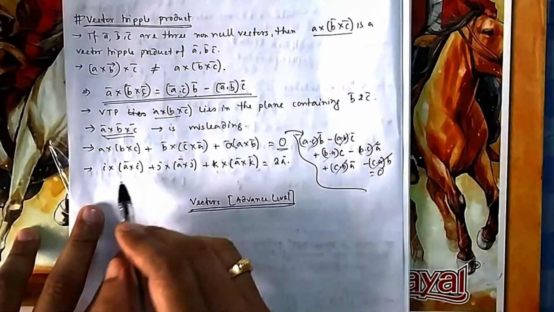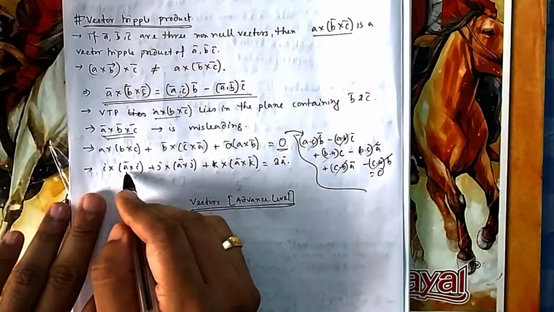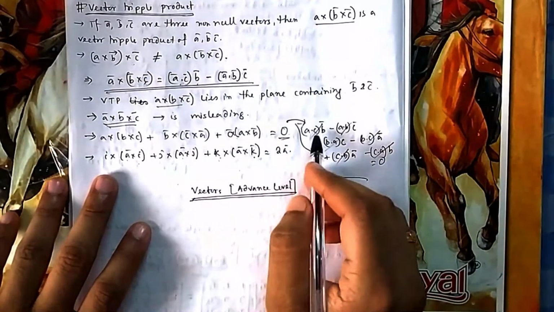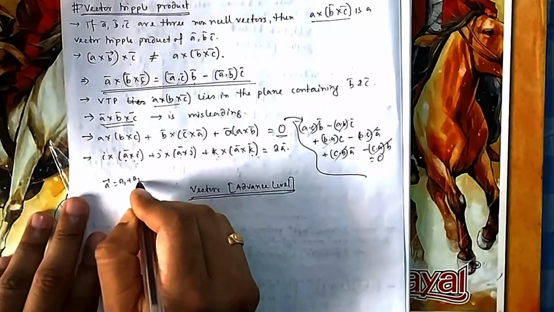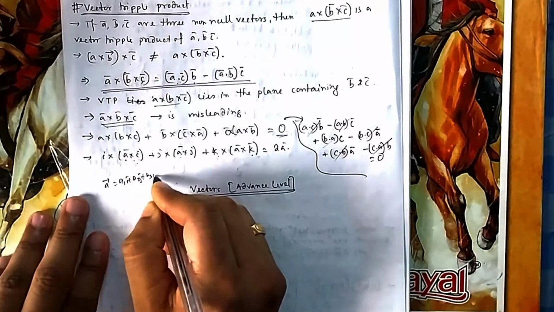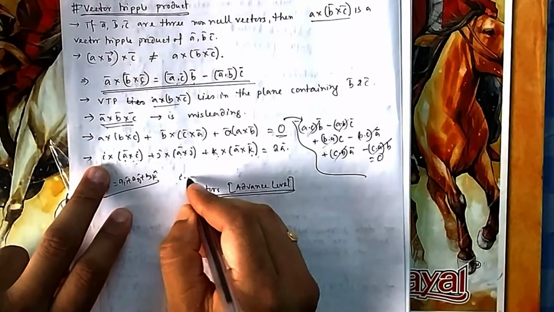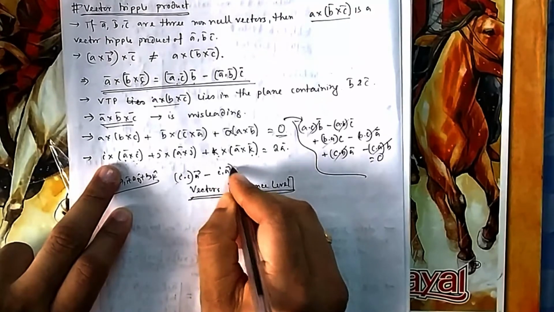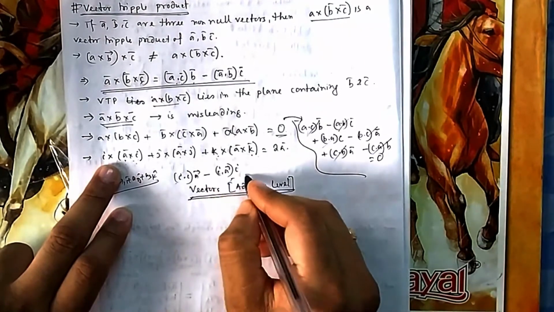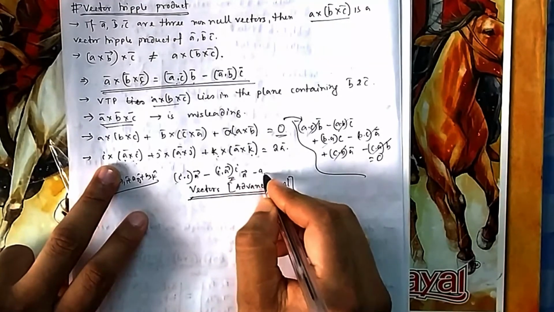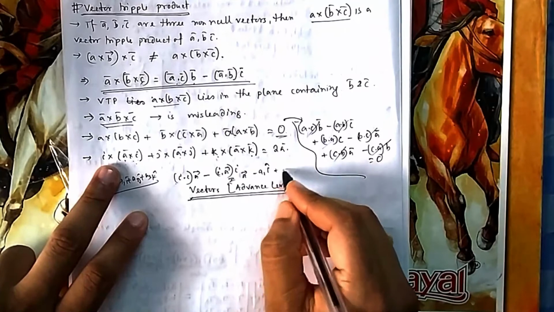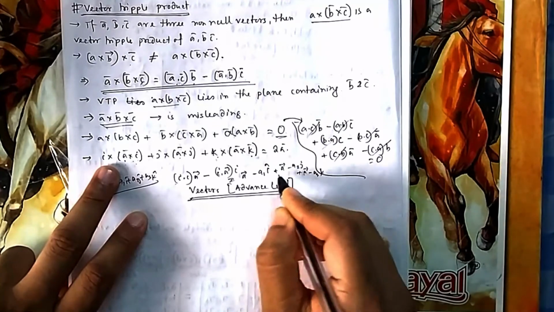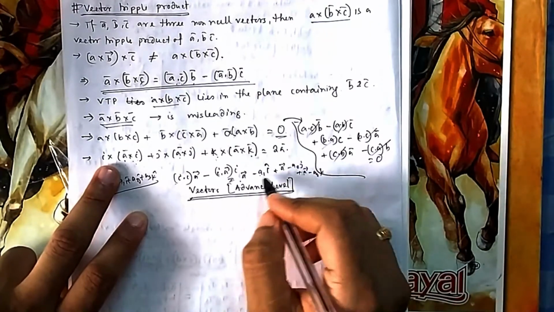Similarly, I cross (A cross I) plus J cross (A cross J) plus K cross (A cross K) is also a VTP. You can also prove it using these methods. A is A1 I plus A2 J plus A3 K. If I expand the first one simply for you, it will be (I dot I) A minus (I dot A) I. Now what is this? I dot I is 1, so that is A. And what is this one? This is nothing but A1 I. So similarly you will get A minus A2 J, A minus A3 K. So you get 3A, and A1 I, A2 J, A3 K together make 1A. So 3A minus A will give you 2A.